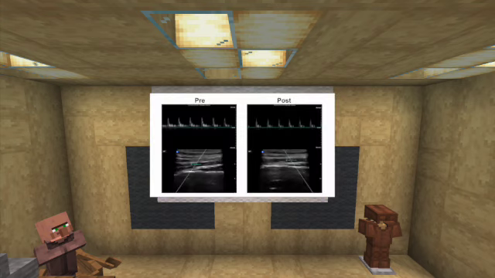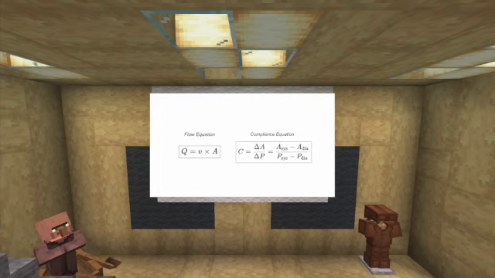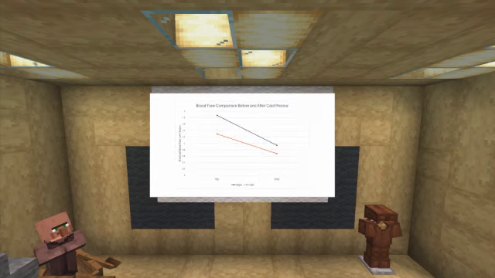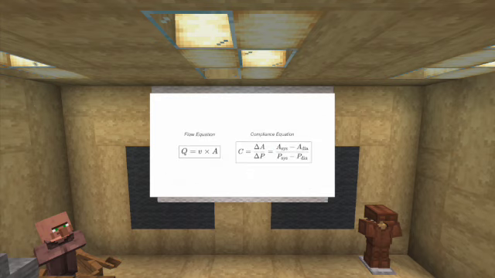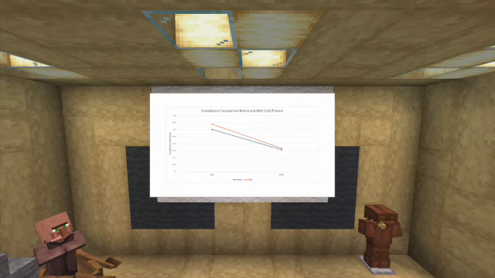For resistance, we measured the blood flow using Doppler imaging. Because flow is equal to pressure over resistance, an increase in resistance means that flow decreases if the pressure stays constant. Thus, we confirmed our hypothesis that the resistance increases with cold exposure by measuring the decrease in flow rate. We measured compliance using ultrasound imaging and the following equation. The graph shows a clear decrease in compliance following the cold test, and we predict this is due to stiffness